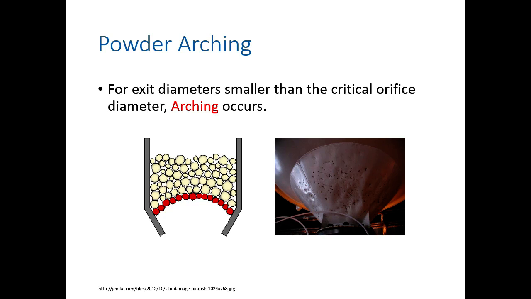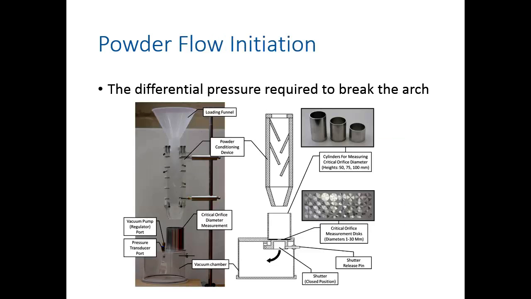So we thought about this problem and we suggested to use differential air pressure to make the powder flow. And that's why we designed this system. The system consists of a container for the powder with a disc of a certain exit diameter at the bottom. We have a shutter to stop the powder from flowing initially, and the main setup is basically a vacuum chamber above the powder. The orifice discs that we used range from 1 mm in exit diameter up to 30 mm,